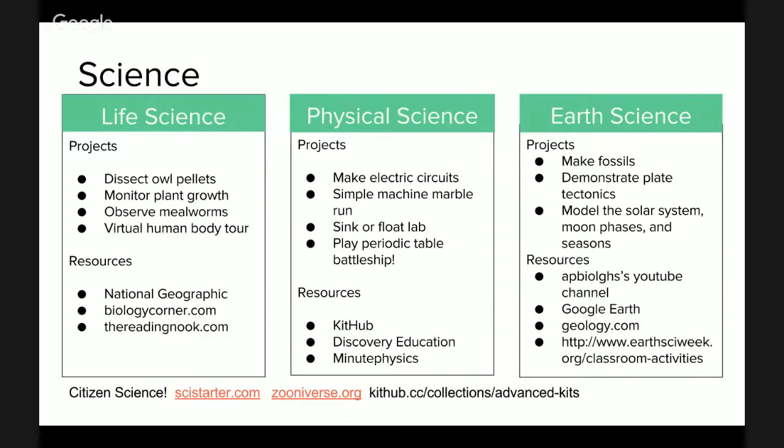All right. Well, I'm also very interested in playing periodic table battleship. That's not something that I'm familiar with, but I'm definitely familiar with battleship. I think when you can pair something like a game to learning, I think that's really clever.